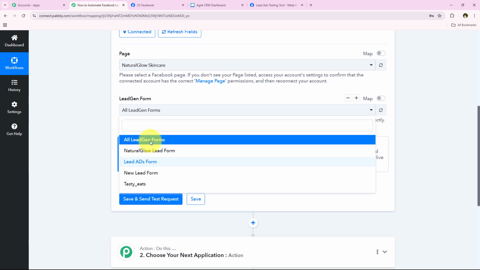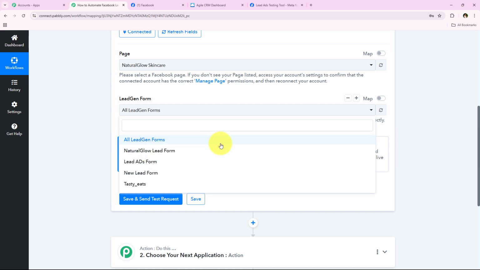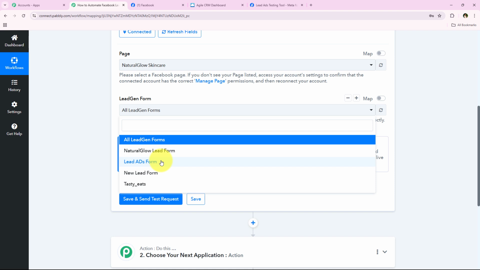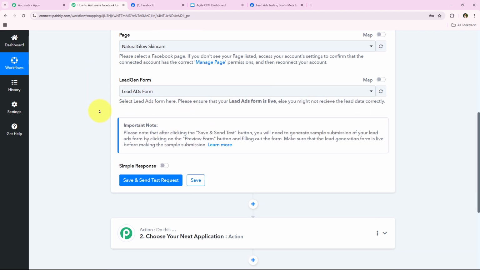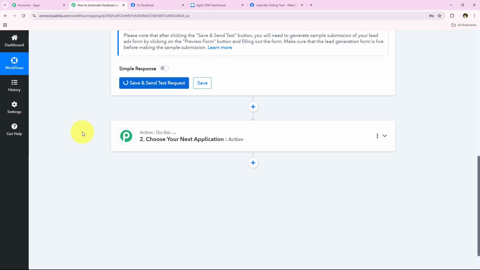So if you wish to create this automation for any other lead gen form, you have to select that lead gen form. And if you wish to create this automation for all your lead gen forms, you can also select an option right over here which says all lead gen forms. So I'm just going to create this for a particular form. So I'm just going to select the particular form and click on this button right over here which says save